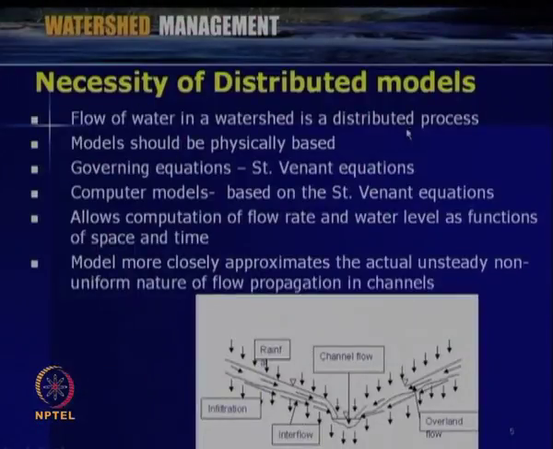So, that way we will be looking for numerical watershed modeling or computer based models. We have already seen earlier why such models are required. The necessity of distributed models: the flow of water, water as a resource, in a watershed is a distributed process. Rainfall is spread over the watershed depending upon the conditions, and from the rainfall to runoff a number of transformation functions will be there, and then the runoff is also distributed. So, it is always better to go for distributed modeling.